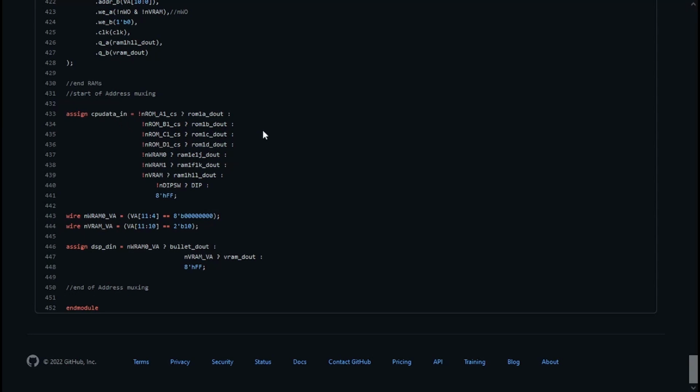So it's a bit different to how the actual circuit works, where the chips are either on or off. In this case, they're effectively all on, and we're just choosing which bit of information to take in as our data in. Now the reason why we've got these exclamation marks is because all of these are active low, and we want this to be true. So 1 equals true, so we need to reverse all these